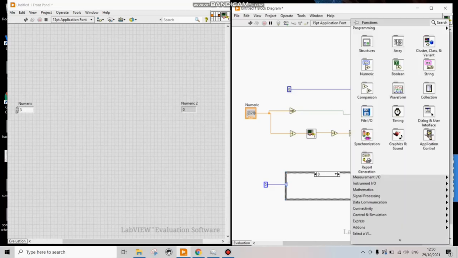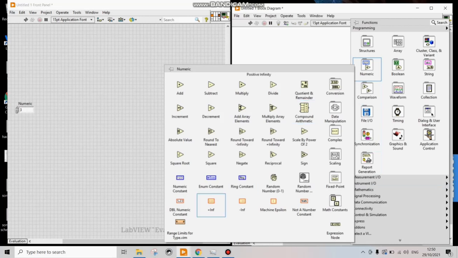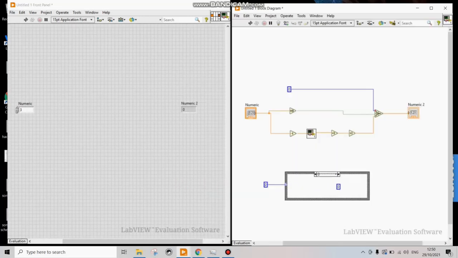So if we right click here and then we go numerical constant, and we'll put a 0 there. And we want this to be the output in the case where the input is a 0. That's fine. And then the other case would be what we do if we have 1 or greater. So we write that as 1... And in this case, we want to do something different. So in this case, where the input is 1 or greater,